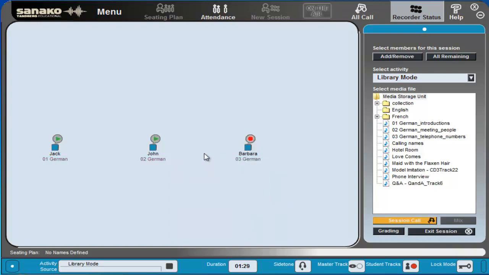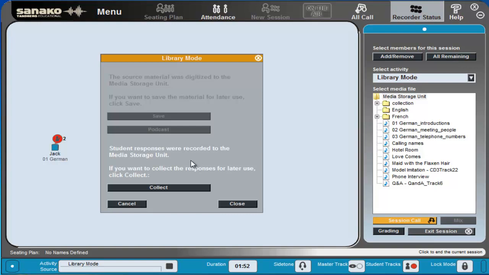As we can see, the students have now worked their way through and played their exercise and listened to it, and now they're recording their voices. What I'm going to do is wait for them to stop that and put their hand in the air on the teacher call button, top left of the panel, to let me know they've completed what they're doing. Once they've completed, I click Exit Session